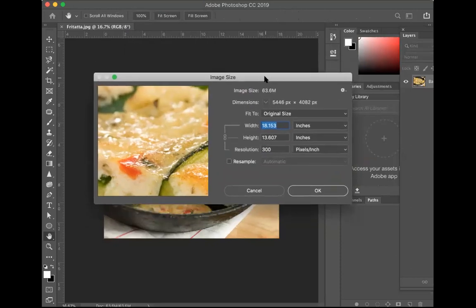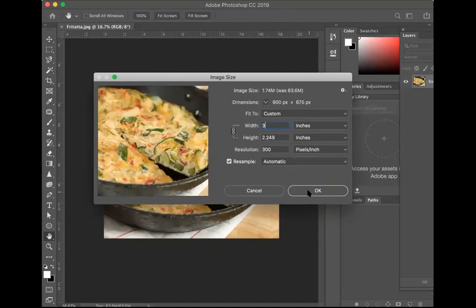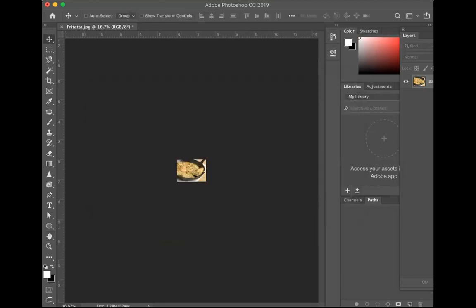It's huge. So what we want to do is keep this resolution the same, but change the inches, because remember we said 2 inches by 2 inches. Before we do that, we want to make sure we click on resample so that this doesn't change. This will still stay at 300. Okay, I'll do 2.5 just to be safe. Actually, let's just do 3 inches by 3 inches. And look how it dropped from 63 megabytes to 1.74. That's what we want. And we're going to save this, I'm sorry, save this as a TIFF.